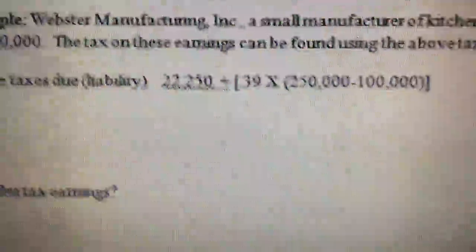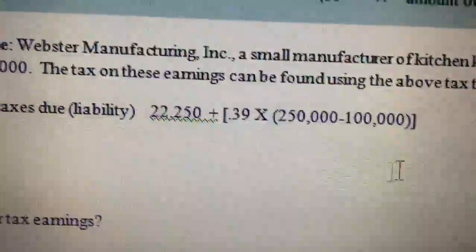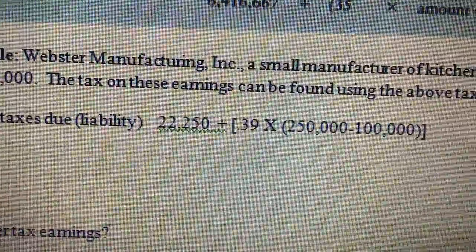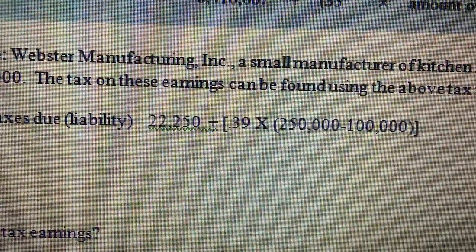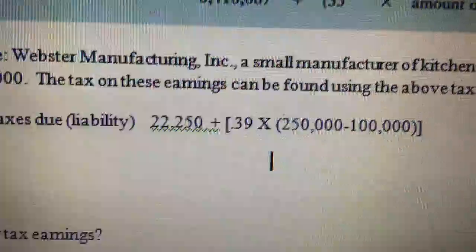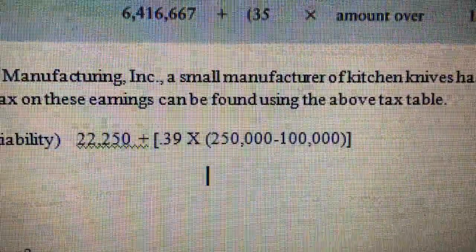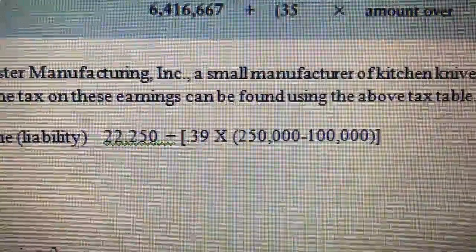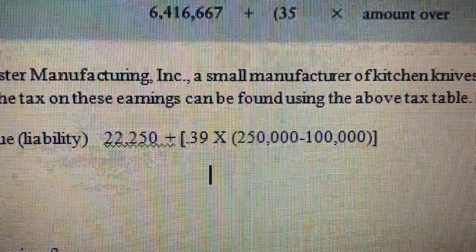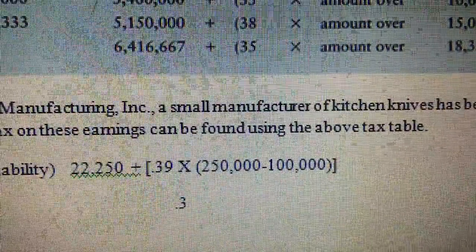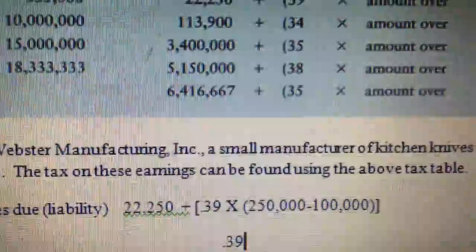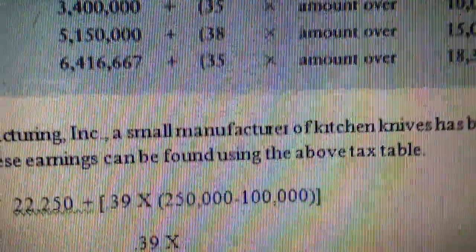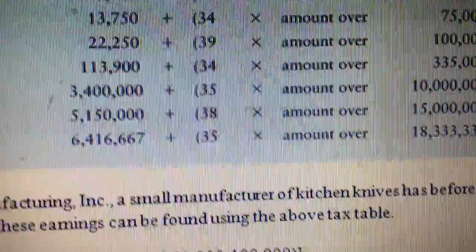So coming down to the next line, okay, want to do the part in brackets. Want to take 39%, backspace, times 250 minus 100,000 is